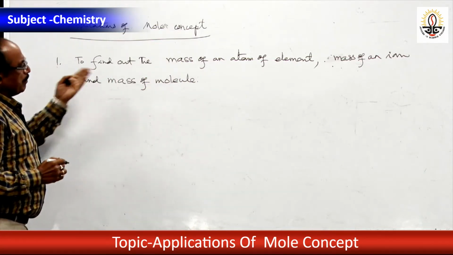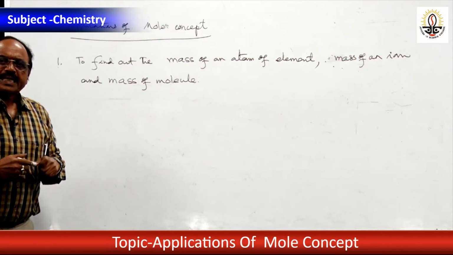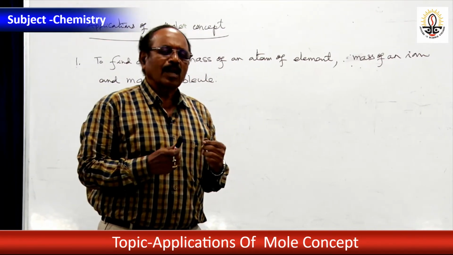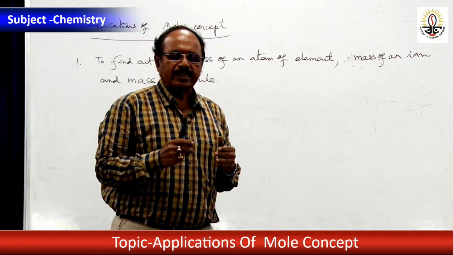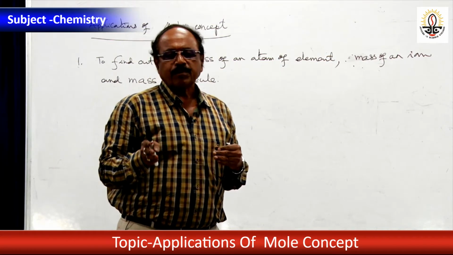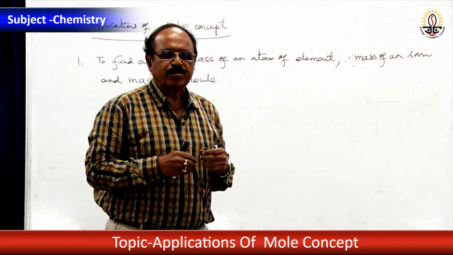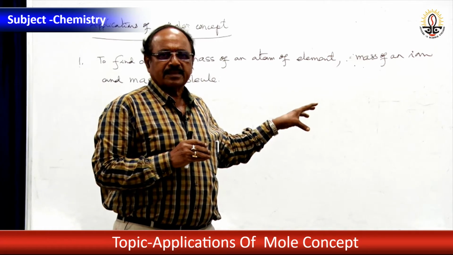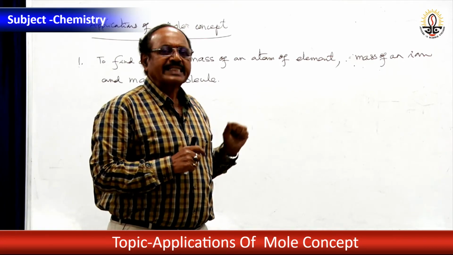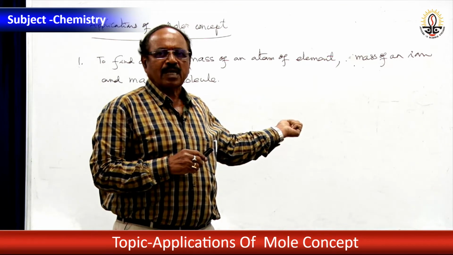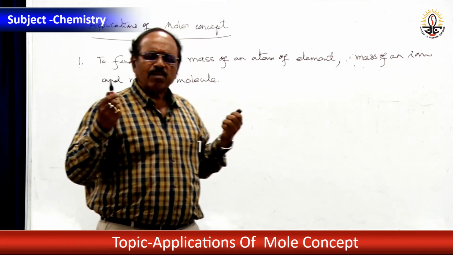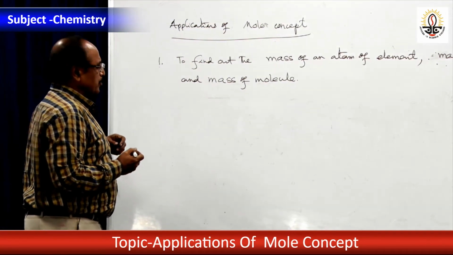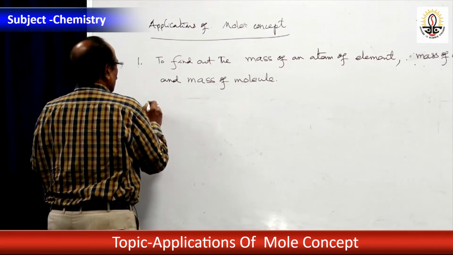This is one of the very important ones because we say the atomic mass of hydrogen is 1.008 AMU. Therefore, atomic mass of hydrogen is 1.008 into 1.6 into 10 to the power minus 24 grams. We are doing this, but now we are going to check, is this which we are using correct? We can now verify from the mole concept and determine for any atom, any ion, and any molecule. How?